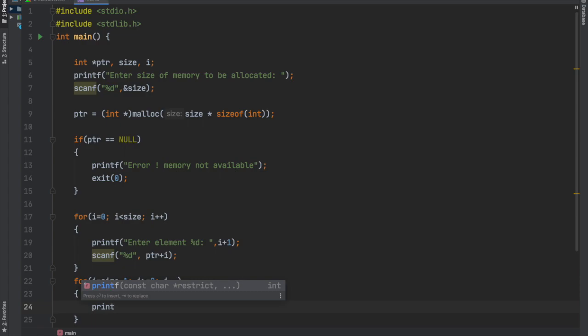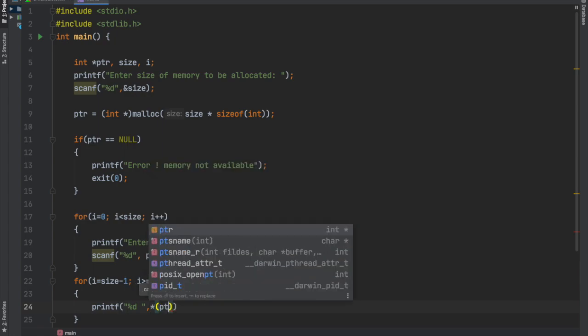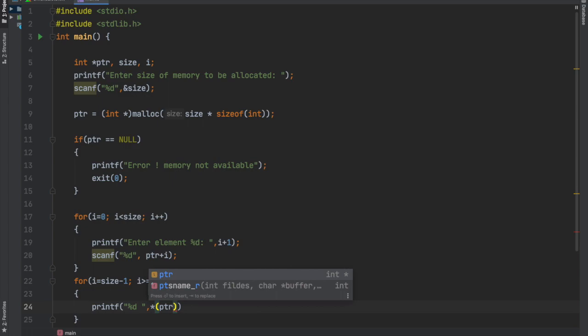So I'll just write a printf statement for that, %d. Just to add a bit of space between the elements, I'll leave a space there, and we'll use the dereferencing operator here to access the element pointed by the pointer, ptr plus i.